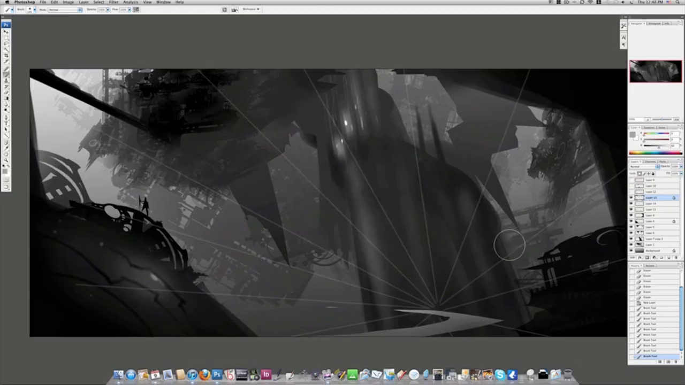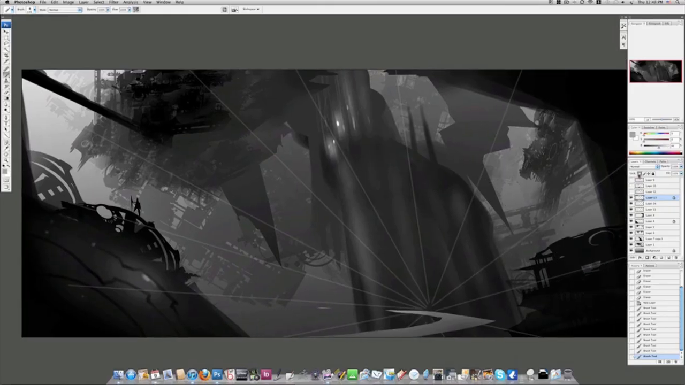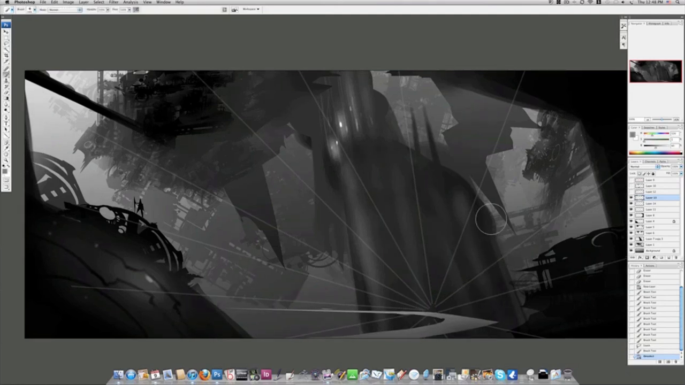So here, back to this, I'm painting a road in, again literally leading the eye in and then kind of curving around. You don't want